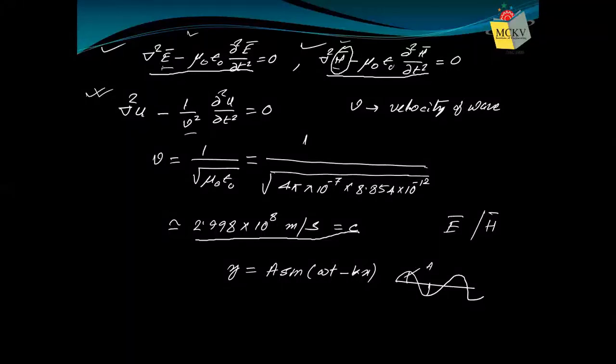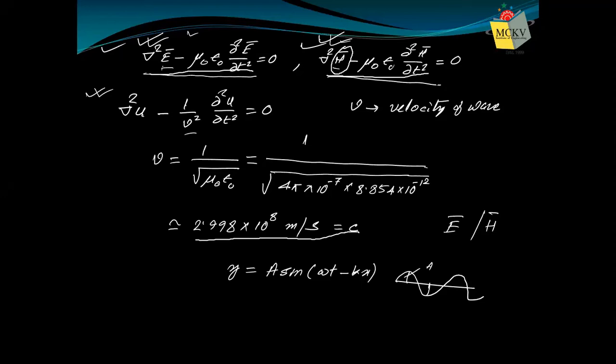So in the previous lecture, we observed that we have decoupled Maxwell's third and fourth equations, and in doing that, we have obtained these second order differential equations. If we start with Maxwell's third equation, we get a second order differential equation in terms of electric field. If we start with Maxwell's fourth equation, we get a wave equation in terms of magnetic field.